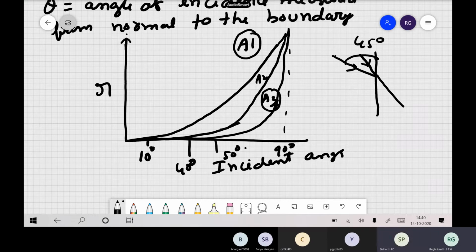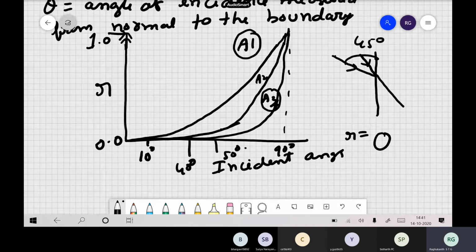So let us say this is 1. I will write the units also. So the maximum value is 1 and the lowest value is 0. Okay, so these are our limits. Now suppose we take 45 degrees, and if we are using A3, say 3 terms in the Taylor series expansion, the reflection coefficient will be almost 0 itself.